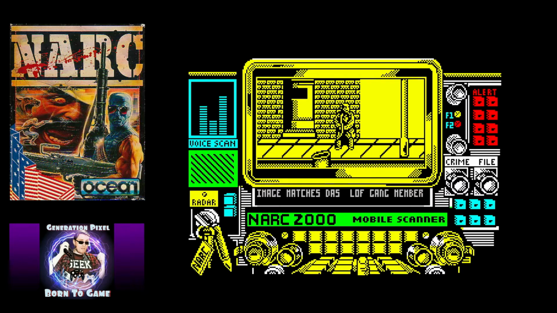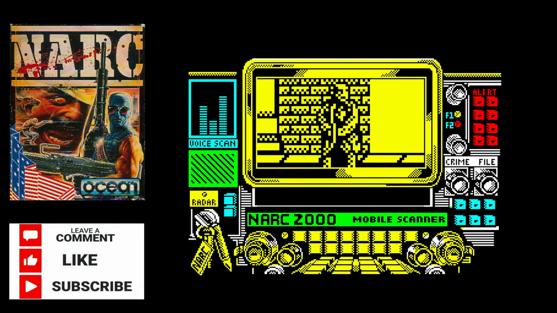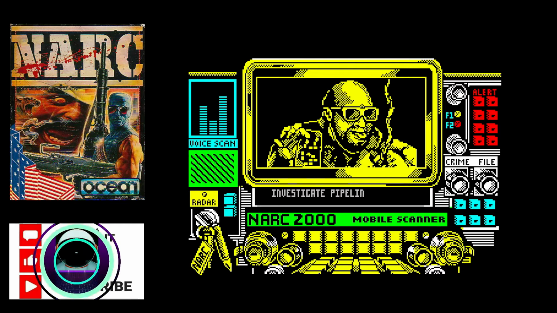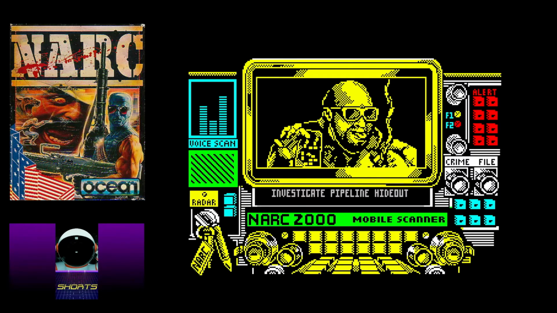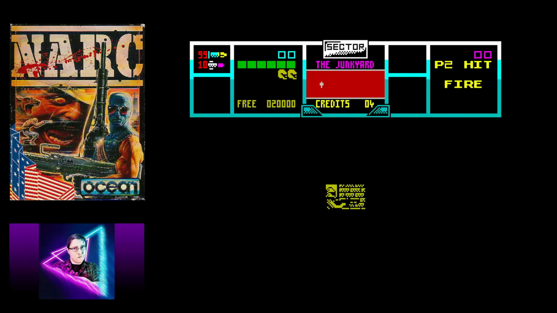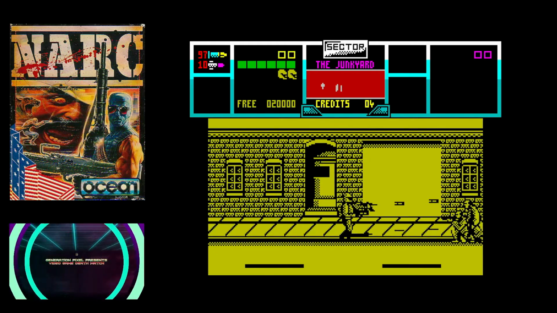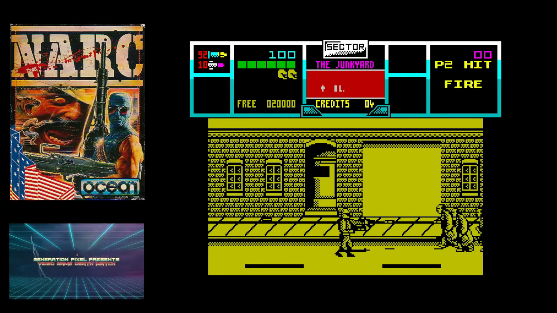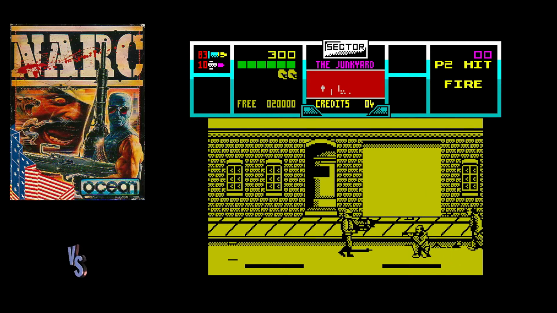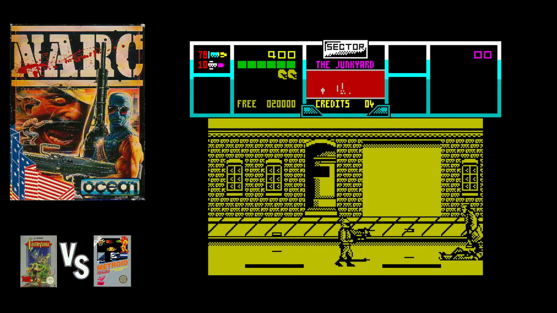Now, the game's claim to infamy was the fact that it was one of the very first ultra-violent running gun shooters. One of the earliest games that had parents outraged and demanding justice and have it removed from the shelves in arcades. And yet, on the flip side of this coin, Narc was also the poster game for the war on drugs. And on the arcade and NES port, you had that wonderful splash screen, "Winners don't do drugs." Now, you can kind of see where they were going with this.